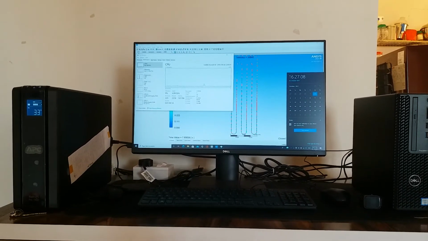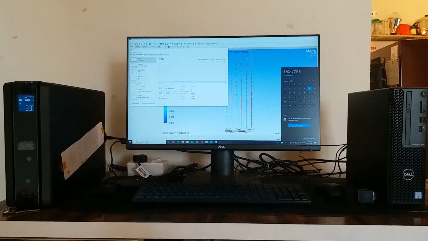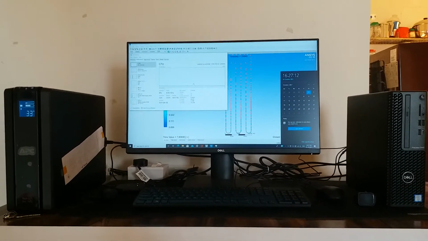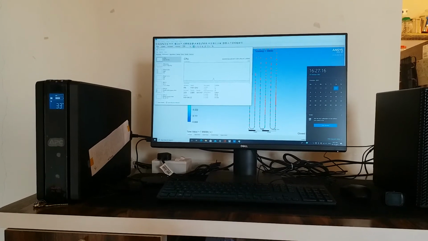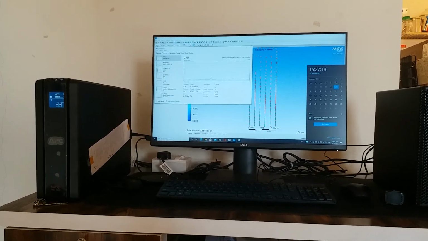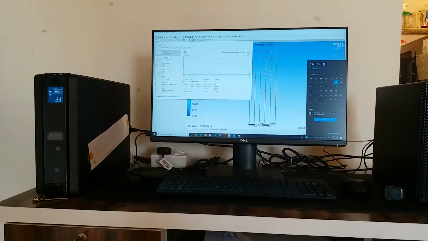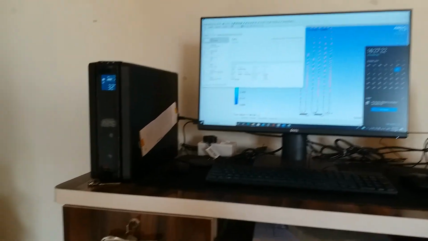So when the grid power is not available, the fan continuously runs, so it creates a little bit of noise, as you can see. And there is one instruction label on the top.